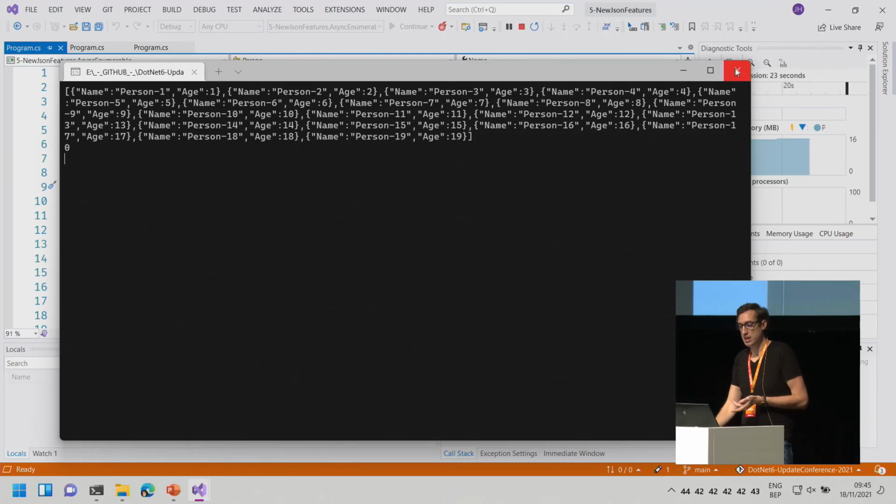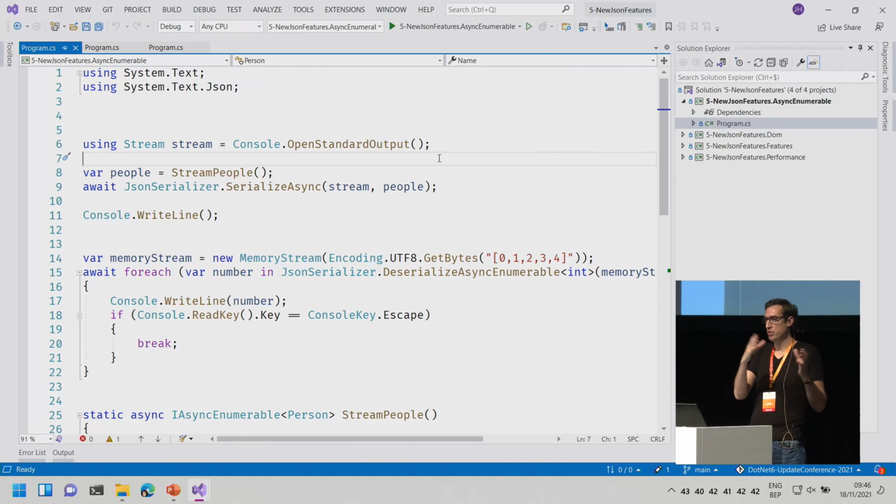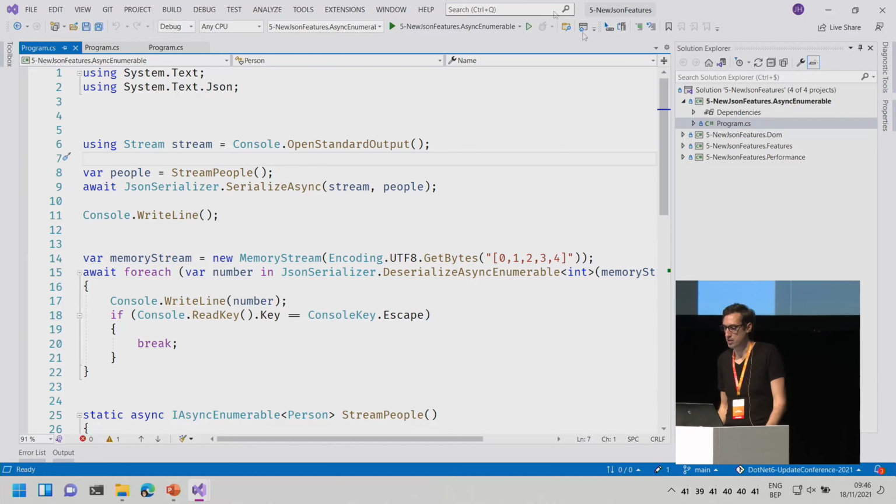The other way around, it's the same thing. If, for example, a JSON is coming in, and it's a very big JSON file that's being streamed to me, I can deserialize while it's coming in. And when I have the first 10 people, for example, but millions are coming in, after the first 10, I can say, okay, stop the stream, and I have deserialized only the first 10, and I don't need to wait for the rest of the data to come in. So it's more performant because I can specify specifically which part of that data I want to serialize or deserialize. So very cool.